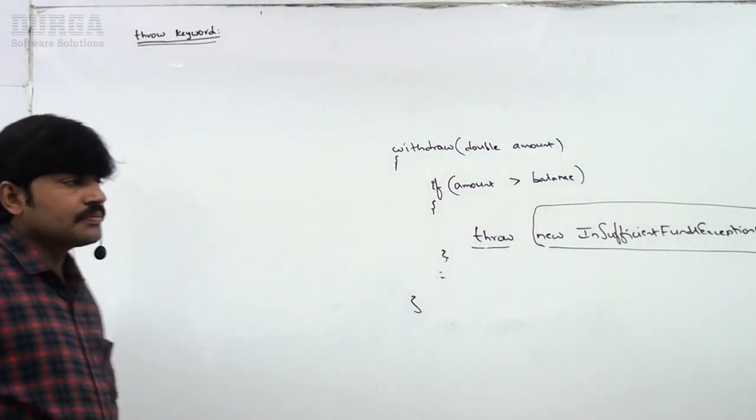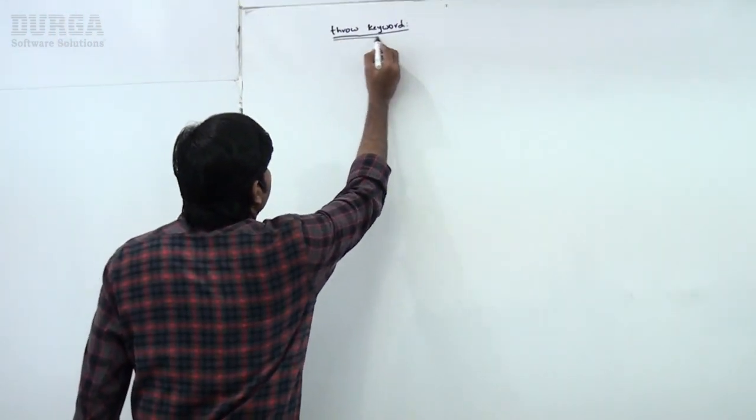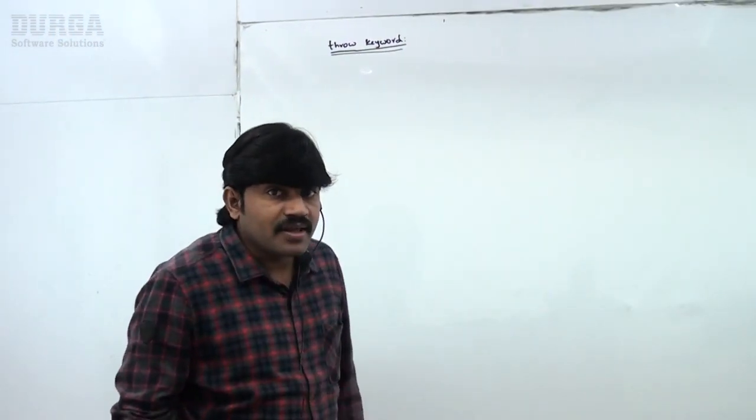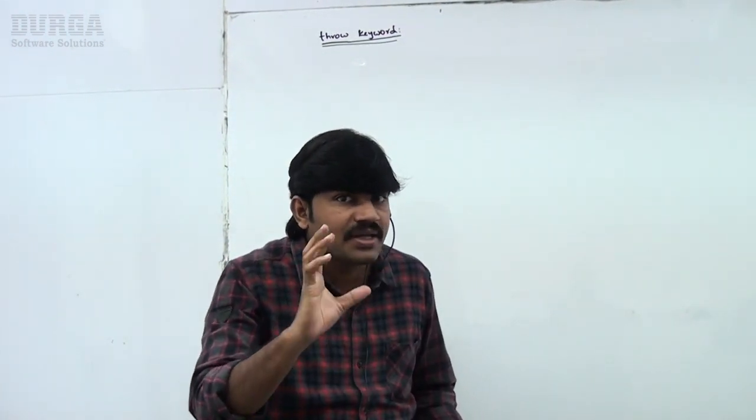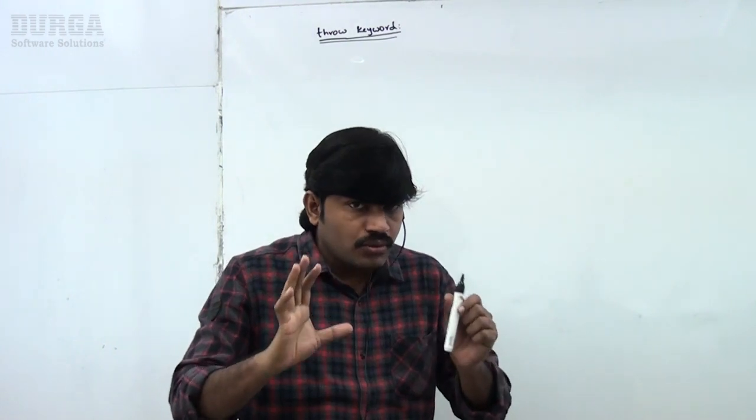Clear? Hi friends, in the last videos we covered try catch finally very clearly: the control flow in try catch finally, the control flow in nested try catch finally, and the various possible combinations with respect to try catch finally. All the things we covered, right? Now the next topic I have to start is the throw keyword, which is very important for the interview room. What is the difference between throw and throws? You should have clear clarity. So what is the throw keyword?